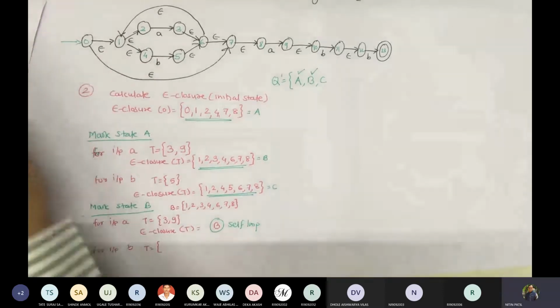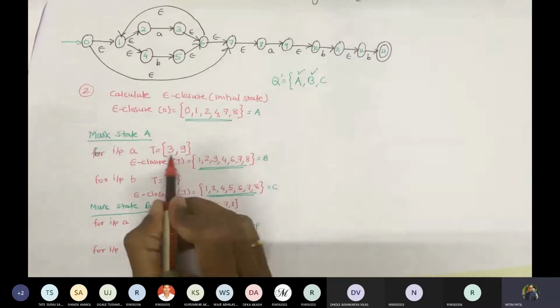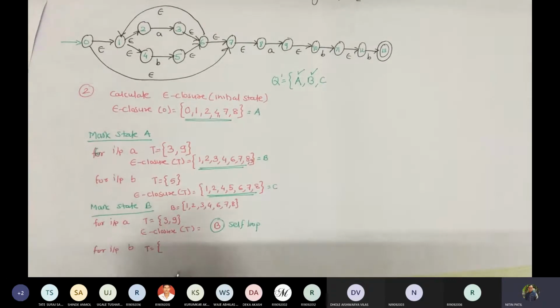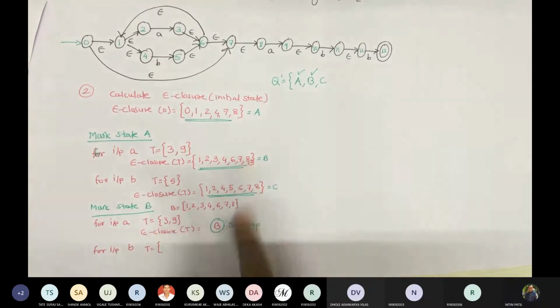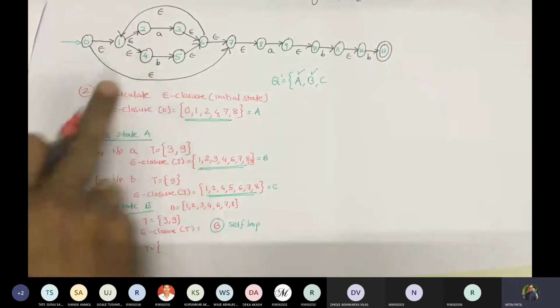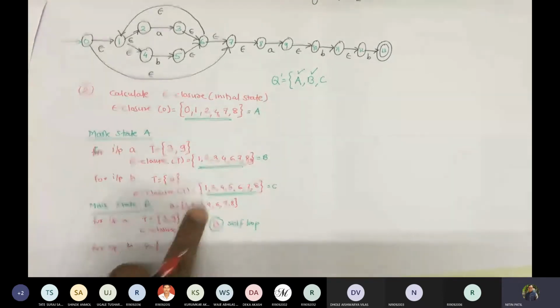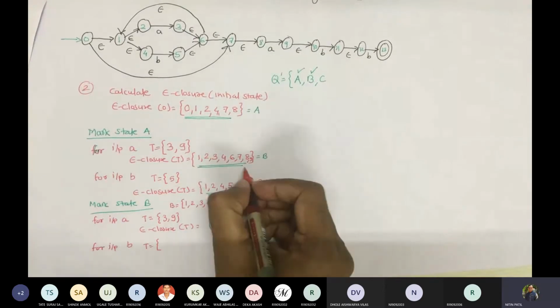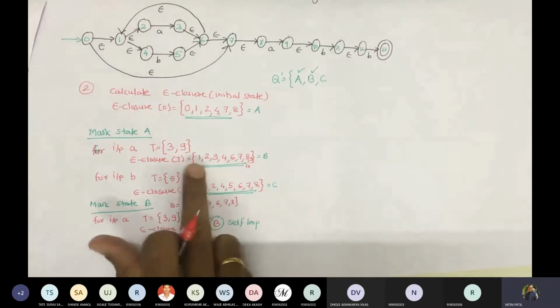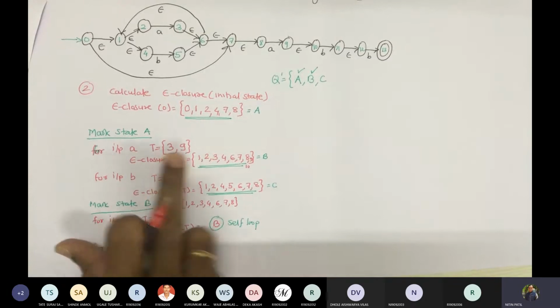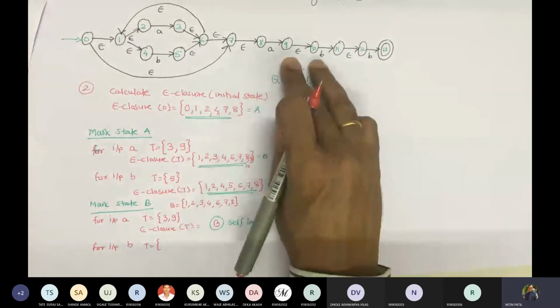Now we missed one thing over here, which we did not consider. See, we computed epsilon closure of 3, but we haven't considered 9 over here. So this 9 also would be there. Correct? So if 9 is part of this, so 3 and 9, this would be a self loop, it's okay. But when we are talking about this input with 3 and 9, for B, there is 4, yes, and 9. If I compute 9's epsilon closure, what would it be? 9 and 10, correct? So 1, 2, 3, 4, 6, 7, 8 would be the epsilon closure of 3, and 9 and 10 would be the epsilon closure of this 9.